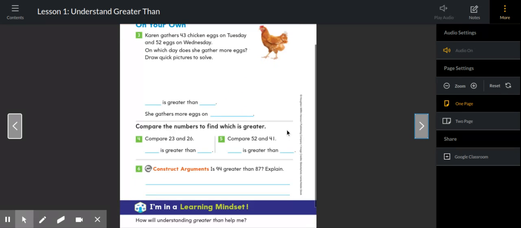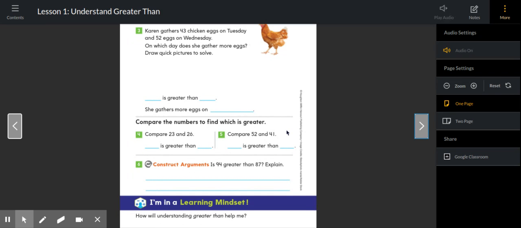Karen gathers 43 chicken eggs on Tuesday and 52 eggs on Wednesday. Wow, she must have a lot of chickens. On which day does she gather more eggs? Draw a quick picture. So you're going to draw a quick picture of 43 and a quick picture of 52. Now, do you have a choice? No. Remember, boys and girls, we have worked on this word draw the whole time. It's telling us we have to draw. They gave us this space, so we have to draw. Even if you already know, and I know most of you do, which one of those numbers is greater than the other. So she gathers more eggs on,